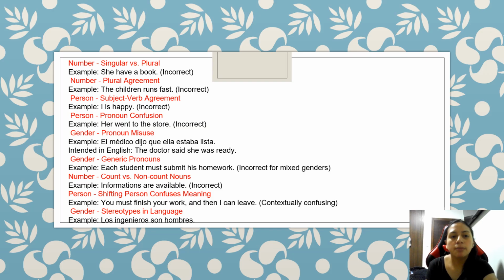And another example is a person. Shifting person confuses meaning. For example, "you must finish your work and then one can leave." Context is confusing. Shifting person within sentences or context can confuse who does what. And other example is a gender